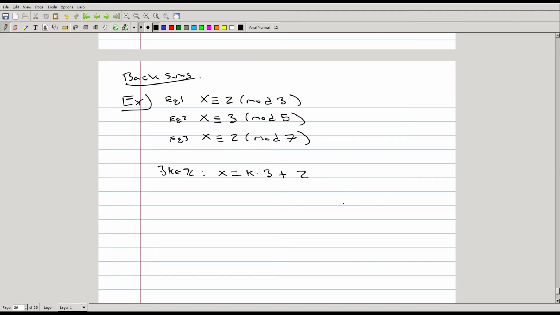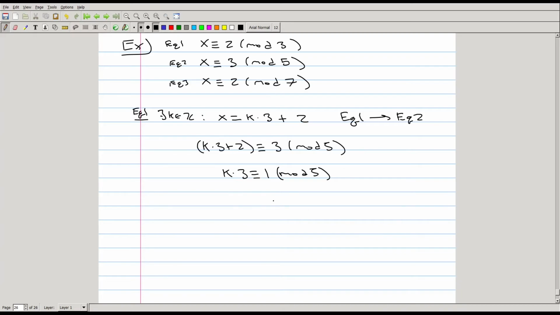If we substitute this into equation 2, this gives us that k times 3 plus 2 is congruent to 3 mod 5. It's the same thing as k times 3 is congruent to 1 mod 5,